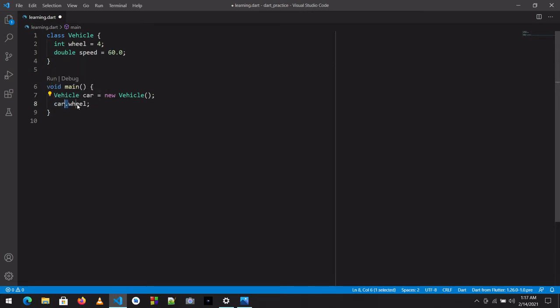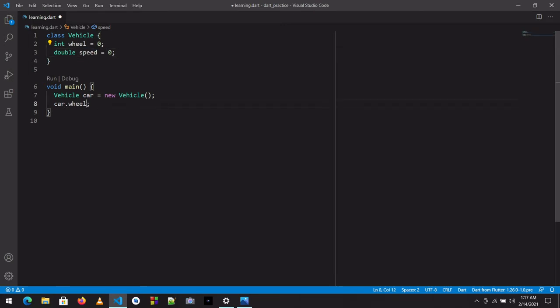Then we can access the attributes of this class just by writing the attribute name, or any function name, and we will get access to it. For now, let's replace this wheel value with 0, and this 60.0 with 0. So now my wheel is 0 and I have speed 0.